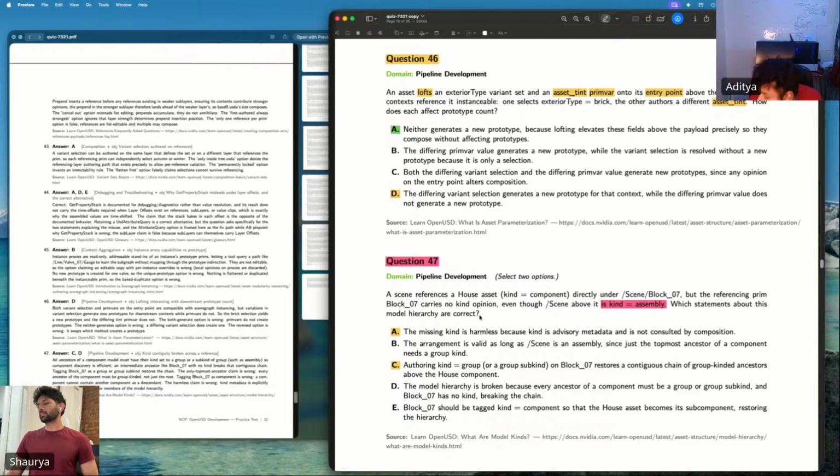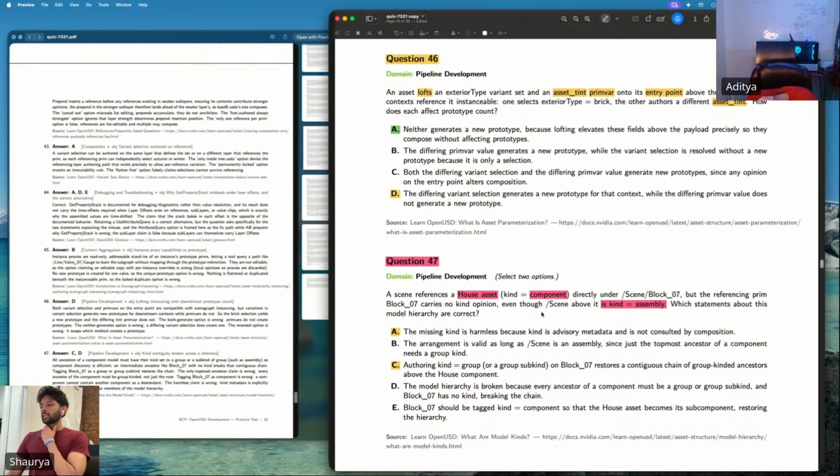Look at the first scene line, the reference, first line, house asset. Oh, so the reference that it is doing, house asset, has model kind component. That is under block 07, directly. It references under block 07. Yeah, that's what I'm saying, so it's under block 07. Yeah, and block 07 has no kind opinion. So that means there is a gap in the model hierarchy.